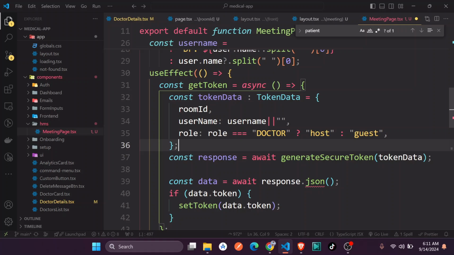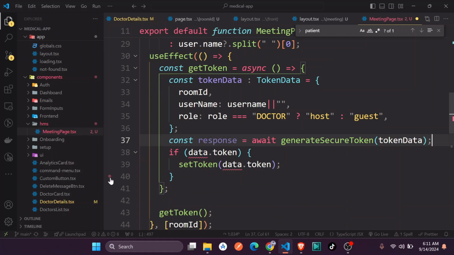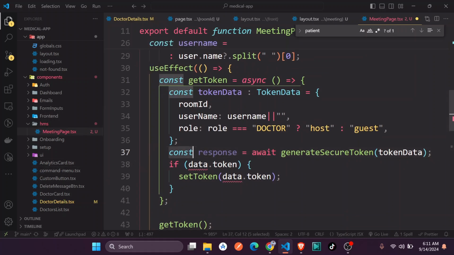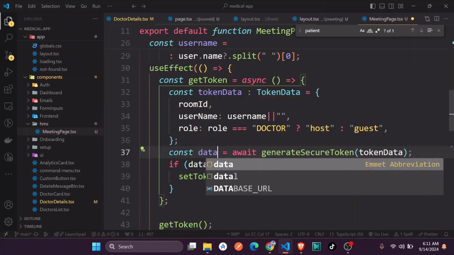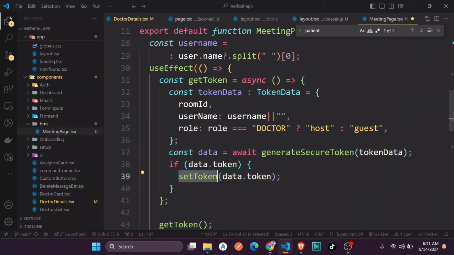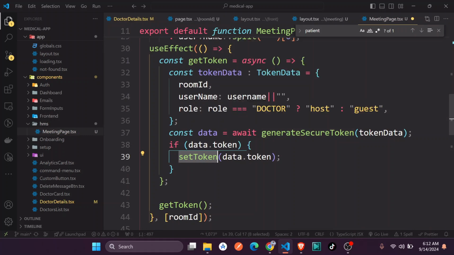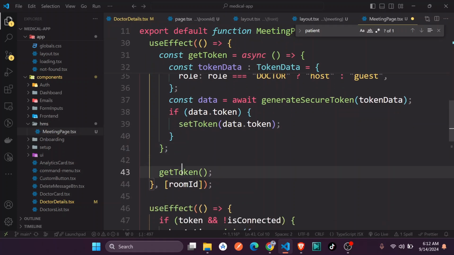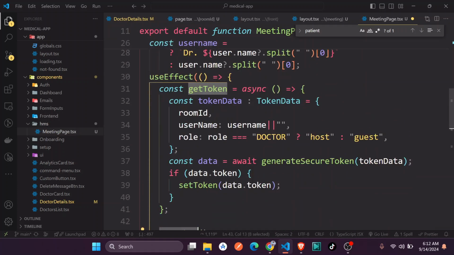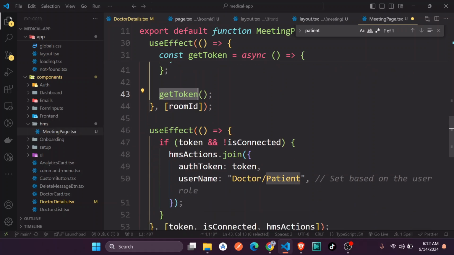Now here they say the response. We get the response, where we are calling it the data. So this one is the data actually. So if data.token, let's set token to that token, because this one at the end of the day is going to generate the token. And then you have the get token function, which is actually this one running. It gets a token, and then if token and not connected,